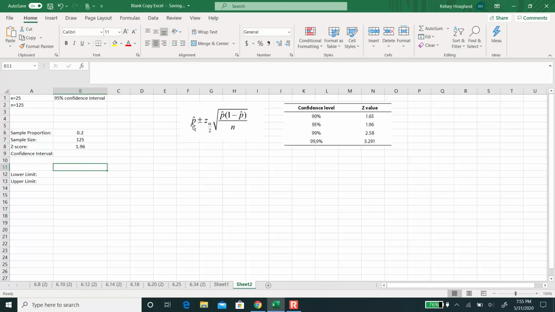So when I do these problems, I like to break up the equation just to make it easier because there are a lot of parentheses. So I'm going to start with just this half, and then we're going to add and subtract the numbers from p hat afterwards. So to find it, we start with the equal sign, and now this is our z-score. So we use the 1.96 that we found from the table, and then we're going to multiply it by the square root, SQRT, parentheses, of p hat